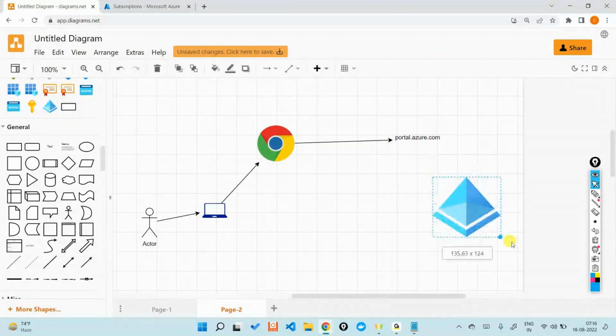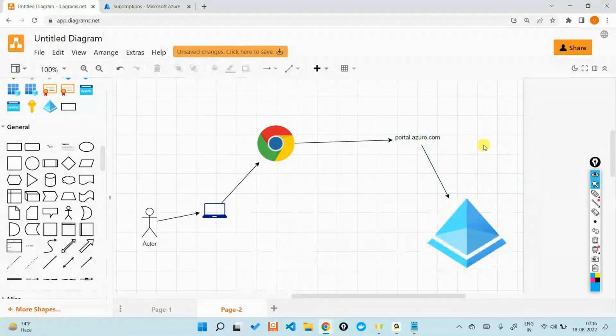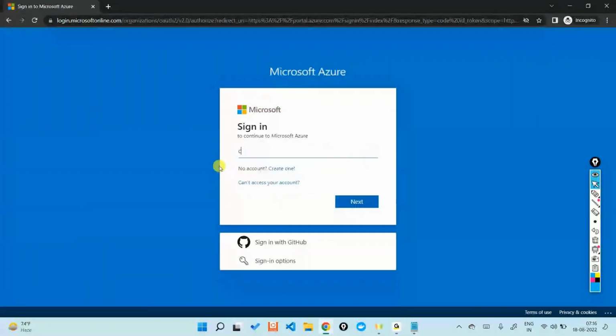Azure Active Directory out here. So it's going inside the Azure Active Directory and checking whether this particular ID exists or not. If it's existing, under which directory ID does it really exist? Where is this really existing? Which directory ID am I really looking at? So again, if I just go back and say my ID, which is classes Azure DevOps at gmail.com,